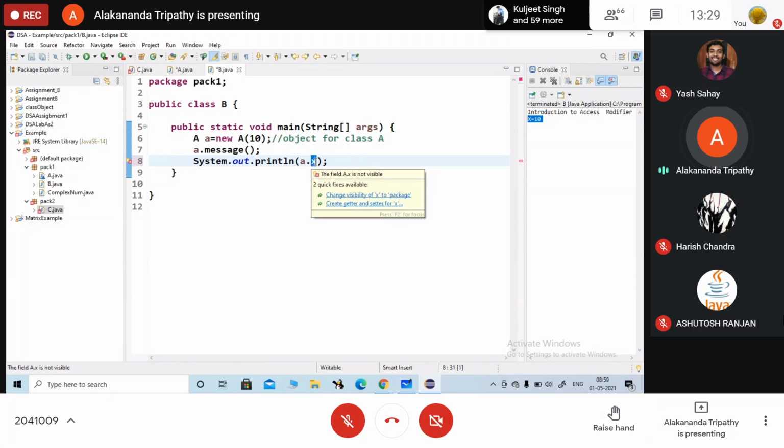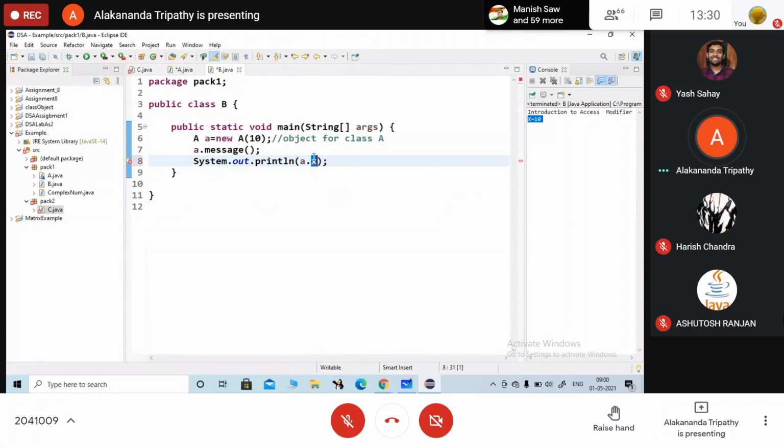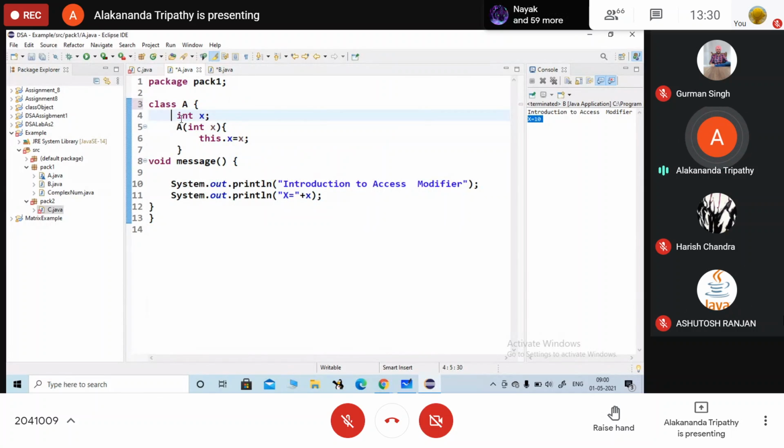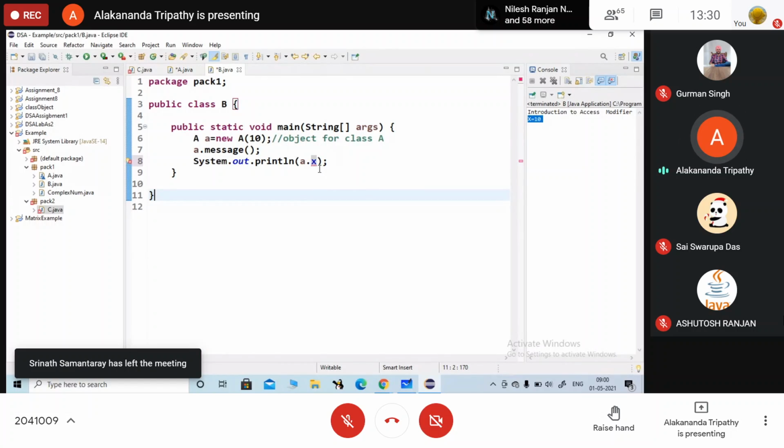Okay, change the visibility of the package. Now suppose if I will change here, private को हटा दूंगी, default कर दूंगी. Now, is it any error here? Check, यहाँ पर कुछ error है? No. If I am making it as private, अगर private कर रही हूँ तो यहाँ पर क्या आ रहा है? Error. Are you getting my point?